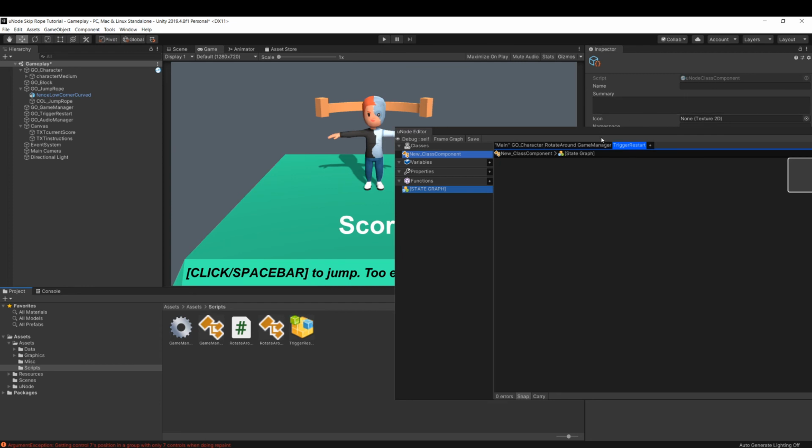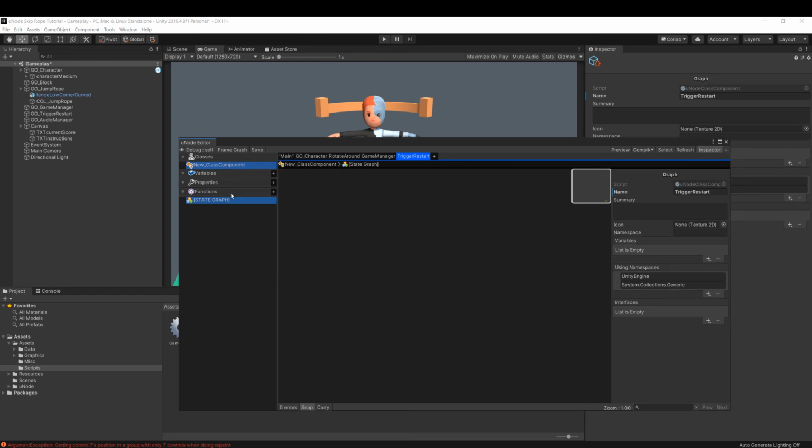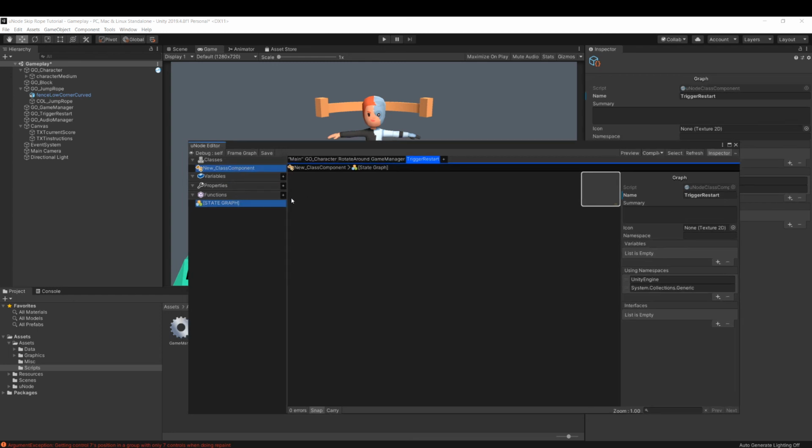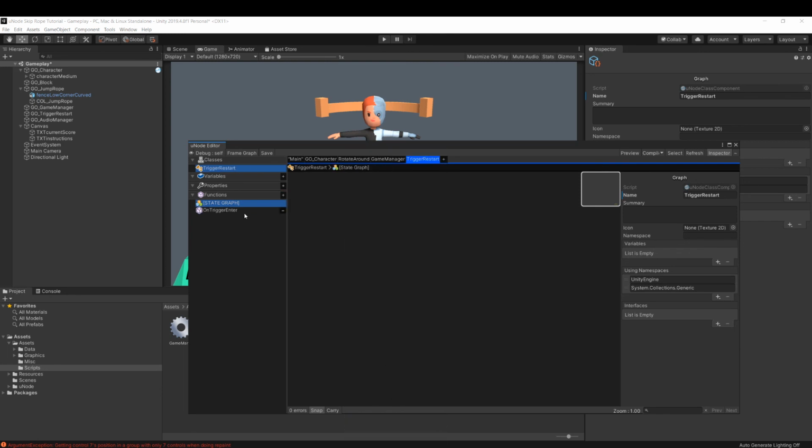Just double click on that and simply make sure to rename it here, trigger restart. As soon as this is triggered by anything, which will only be the character,